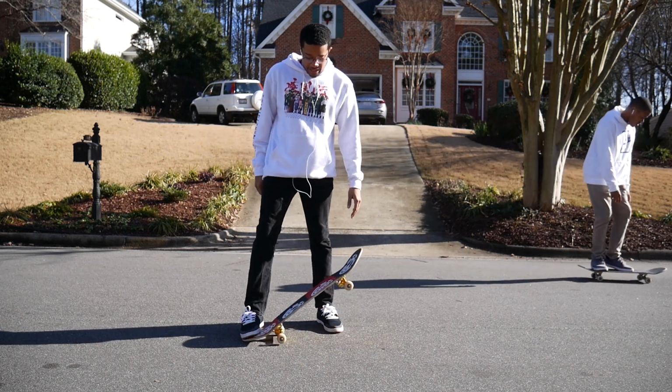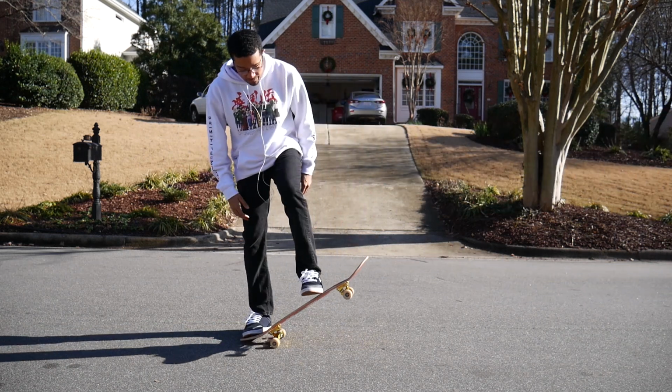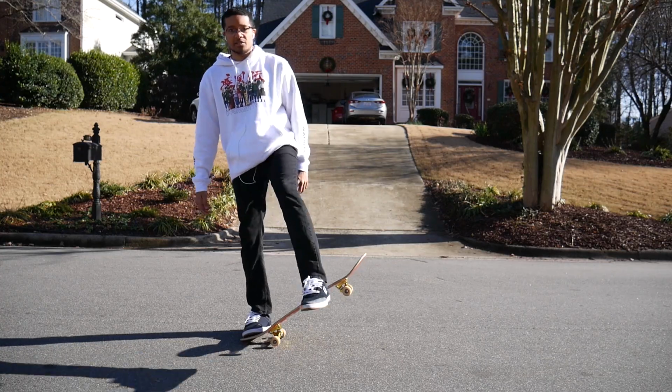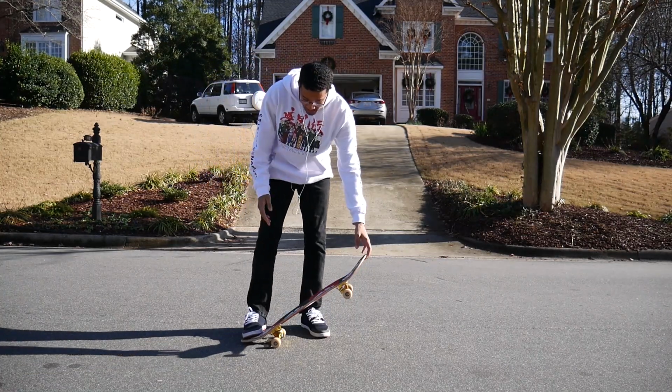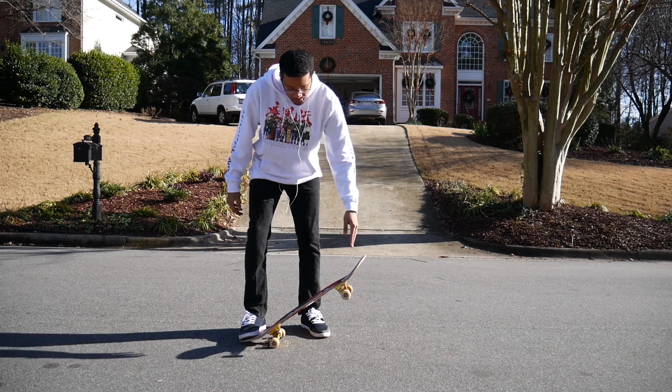So basically what they're doing is after they pop, they're almost using the bottom of their heel to flick. So they're just kicking straight out, right? And that is actually not how you want to do that. What you want to do, so I actually just practice, just like me holding your tail up like this, is